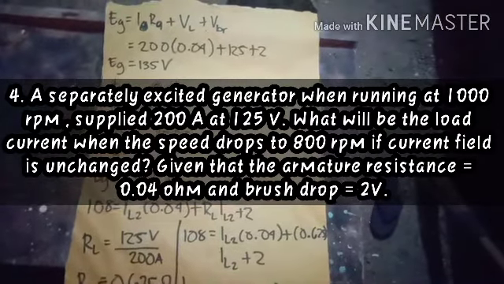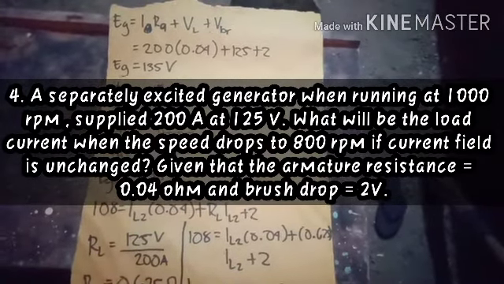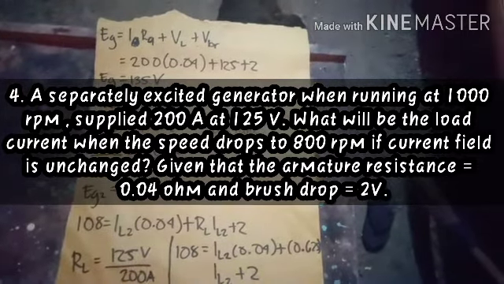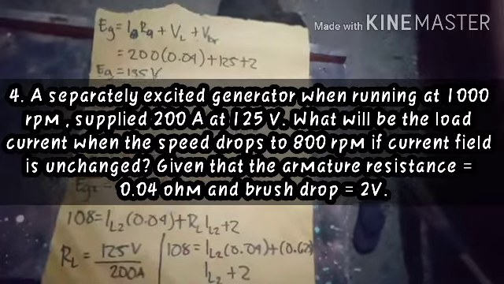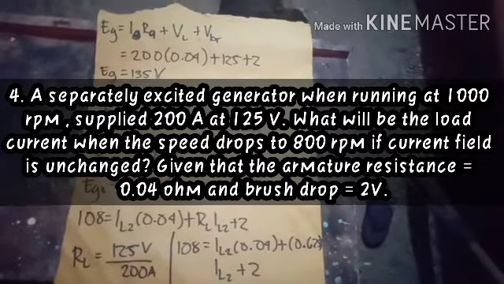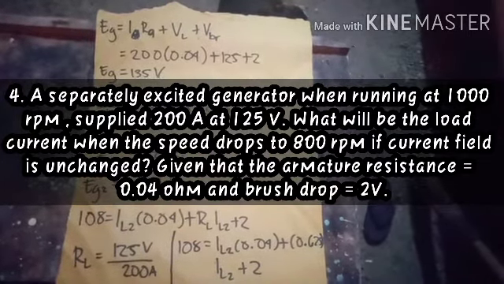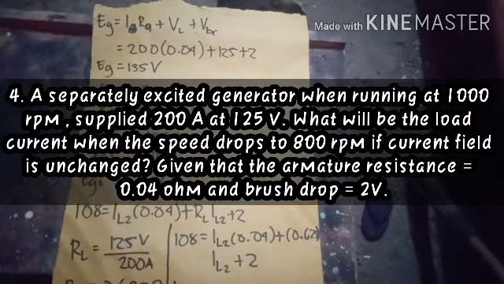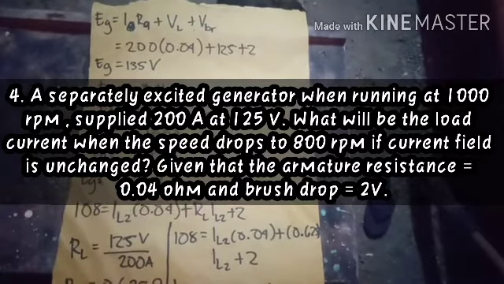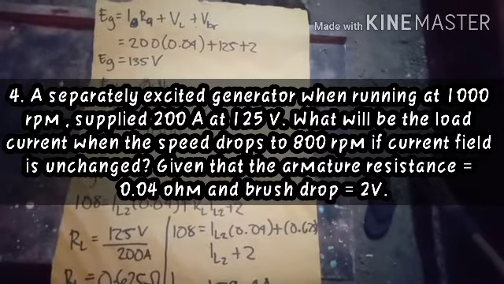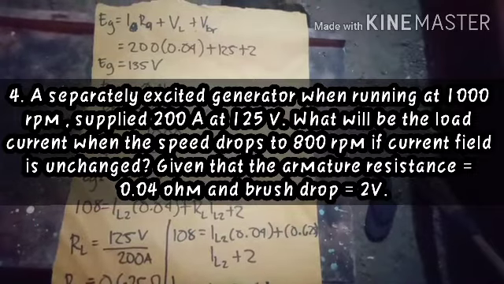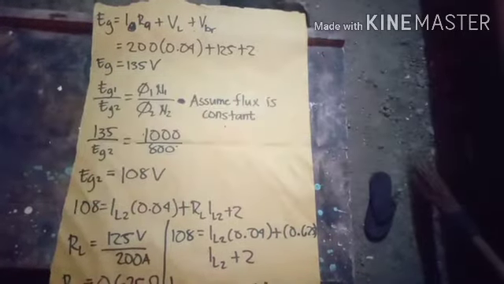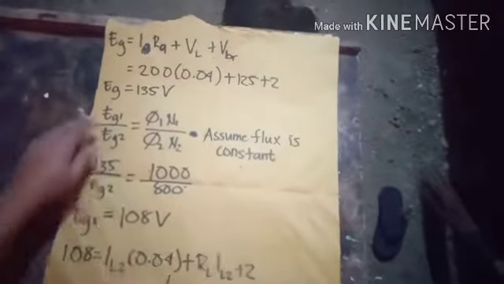Part 2, number 4. A separately excited generator when running at 1,000 RPM supplied 200 ampere at 120 volts. What will be the load current when the speed drops to 800 RPM if the field current is unchanged? Given that the armature resistance equals 0.001 ohm, and brush drop equals 2 volts. So this is the